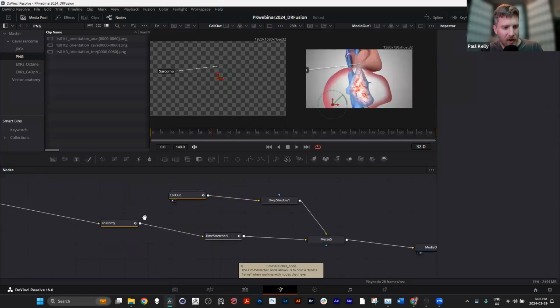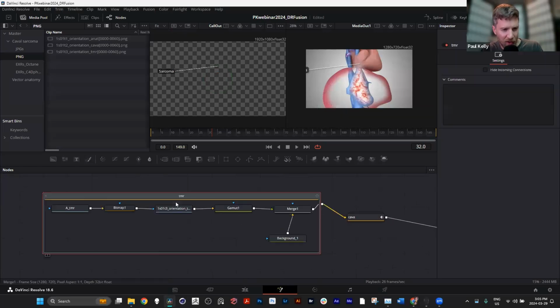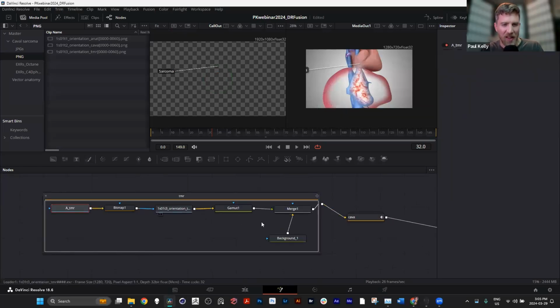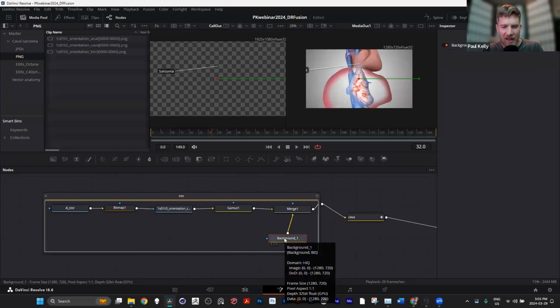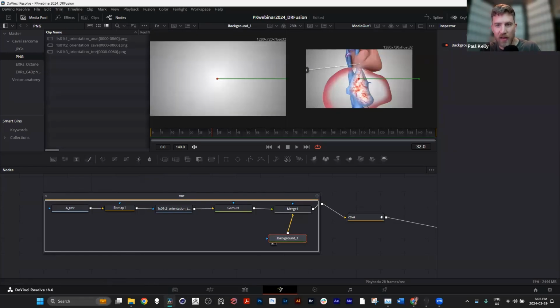And sometimes as you get more complicated node trees, it gets harder to find where that node was. But that node, the very first node of the whole tree, sets the resolution for the whole rest of the node tree. So a lot of times what people will do is they'll start a node tree with just a blank background node, and they won't even make it a